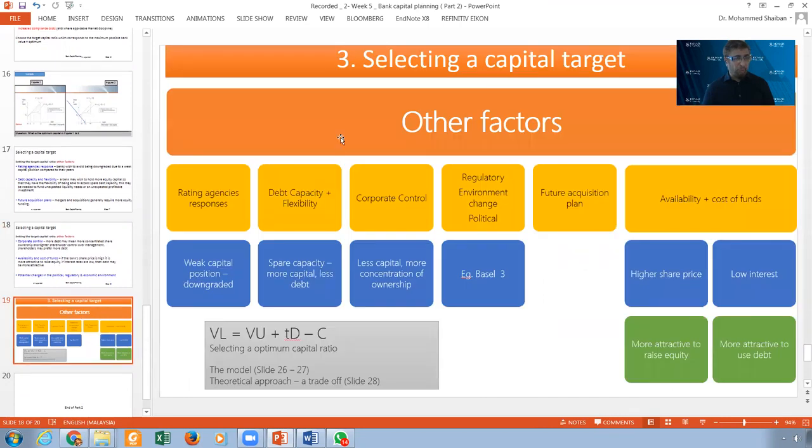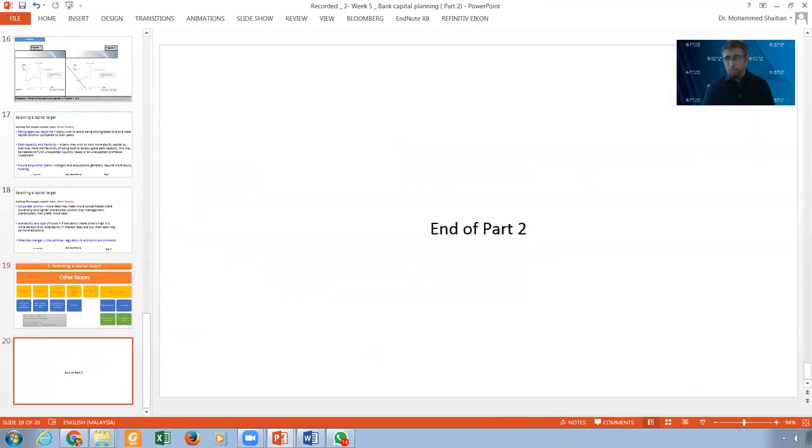Having said that, I brought also these issues for you. So we have the rating, the debt capacity, control, regulatory, future plans, availability, and cost of funds. With this, I finish this part,